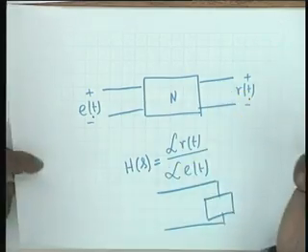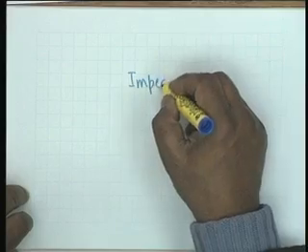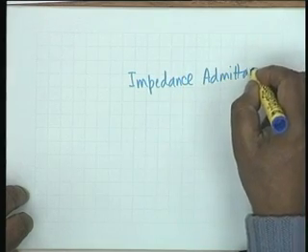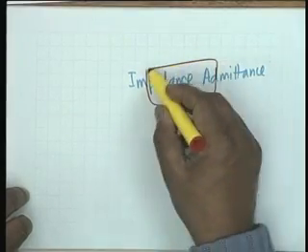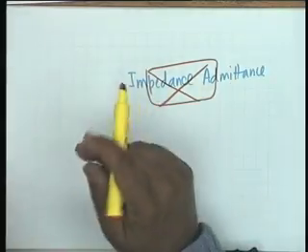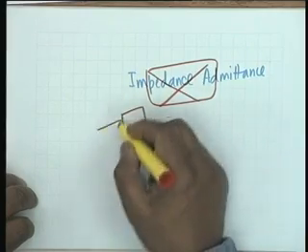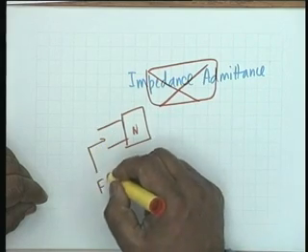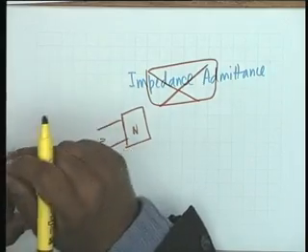As you perhaps know, impedance and admittance are collected together in a single term, immittance. Impedance or admittance, called together, is called an immittance. Therefore, if the network is a two-terminal network, there is only one port, and all you can do is find out the immittance function F of s, which is either an impedance or an admittance.